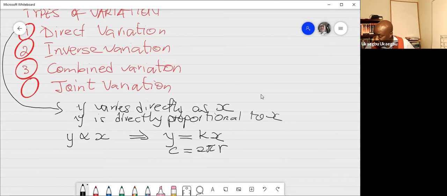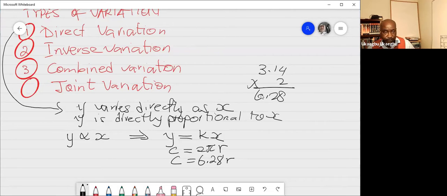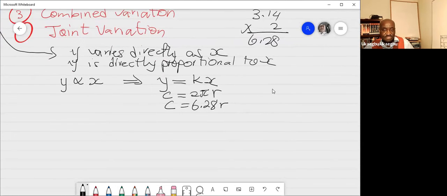So we might as well write this formula as 3.14 multiplied by 2 will be 6.28. We might as well write this formula as 6.28 times the radius equals the circumference. Okay? On the other hand, sometimes the direct variation